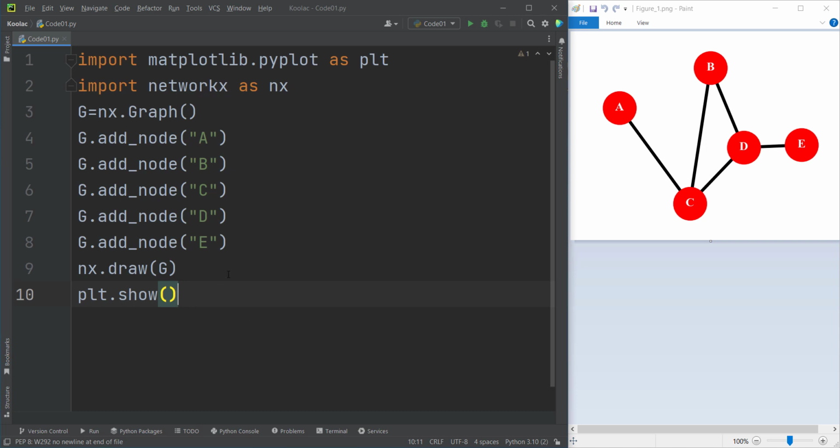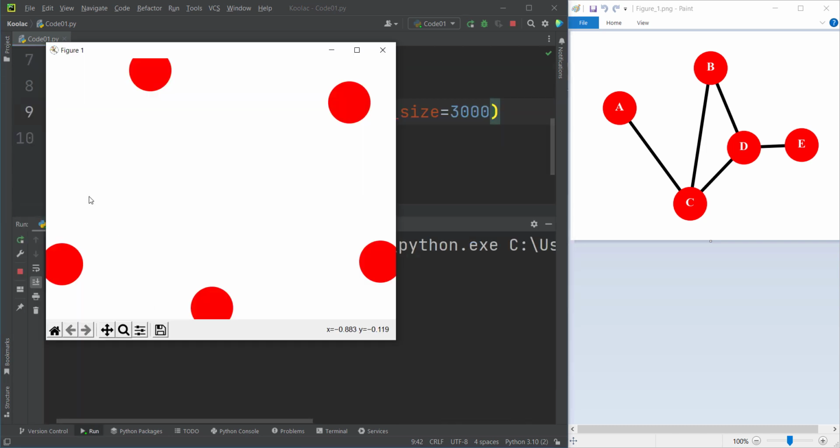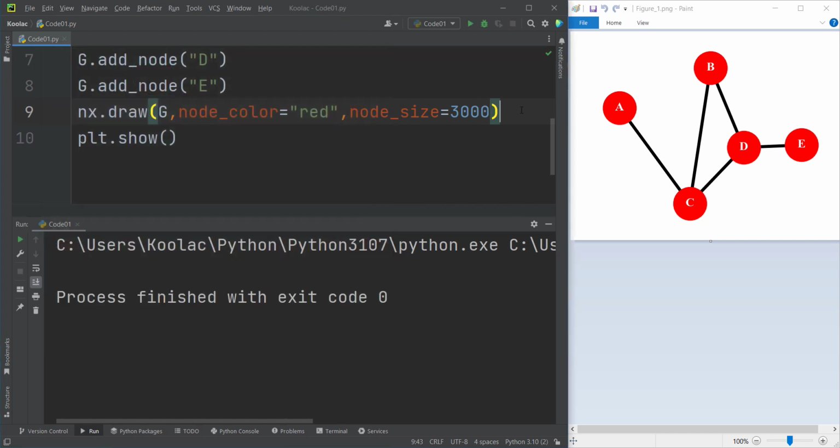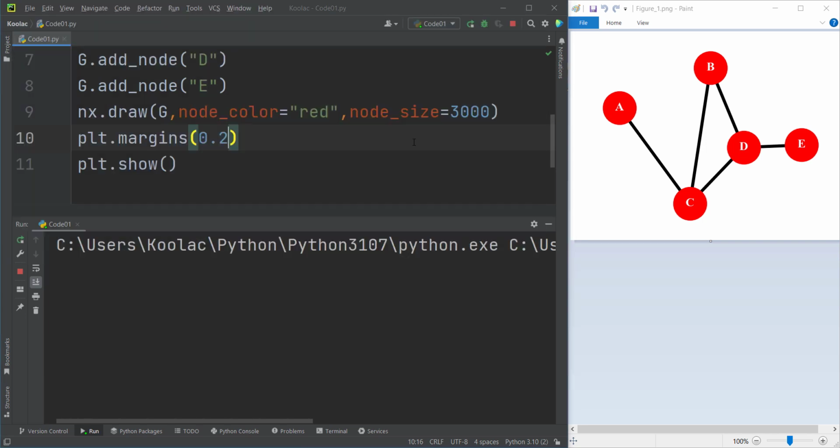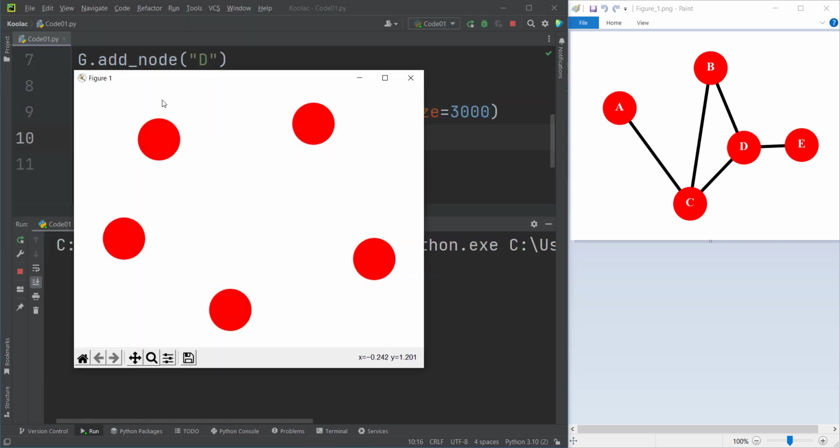But in order to make the graph like this one, we need to pass a couple of arguments. So the first argument that we want to pass is the node color. So the node color is going to be red, and the node size is going to be, for example, 3000. That's it. And now if I run the code, you can see here is the output, but we can see that we need some margins. So let's define some margins. So here I simply type plt.margins, and for example, I want to define some margins. So now if I run the code again, you can see here is the output, and we have some margins